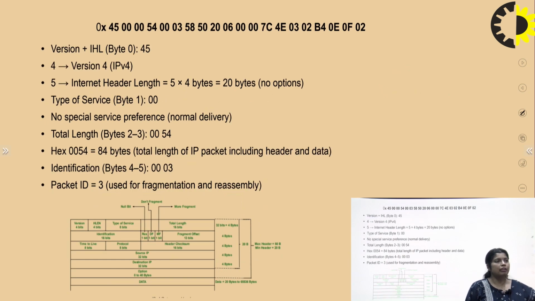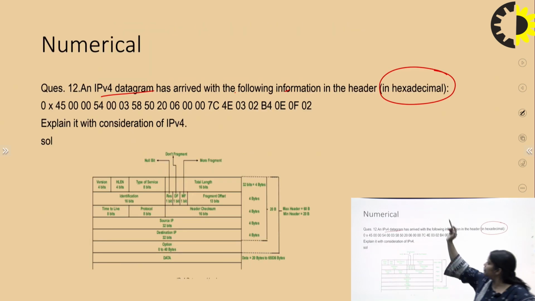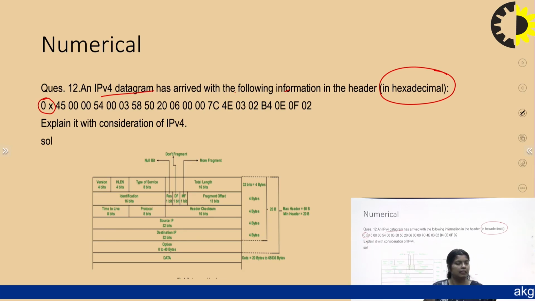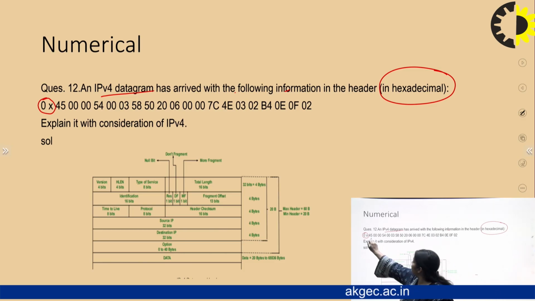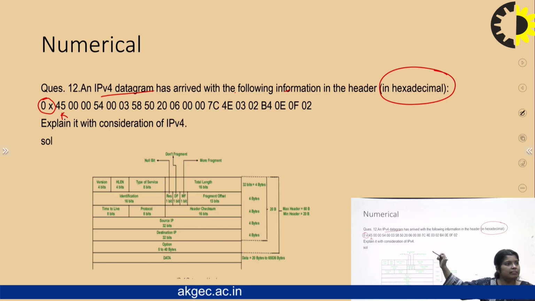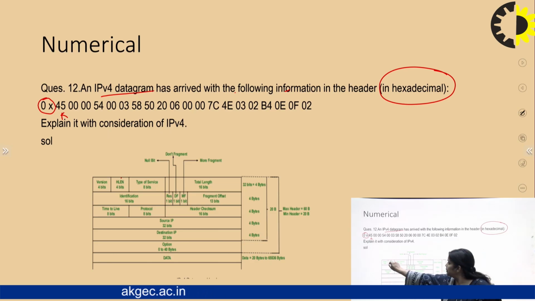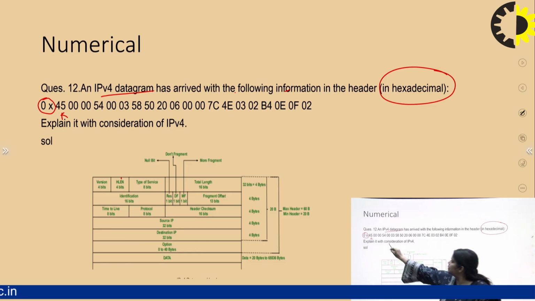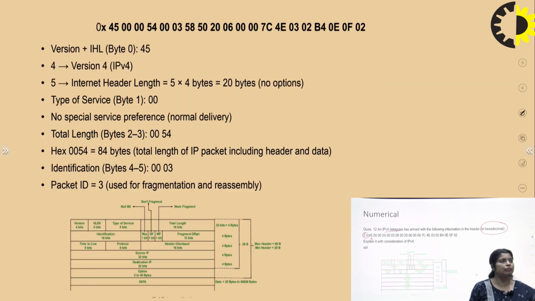So first of all, you can see this 0x, which is always in the header address, so just leave it or discard it. You can read from here: 4. This 4 is the IP version 4. Next is the 5. 5 means the second digit, the header length. Header length is 4 bits. Next is the type of service. These bits, 00, are used for the type of service.